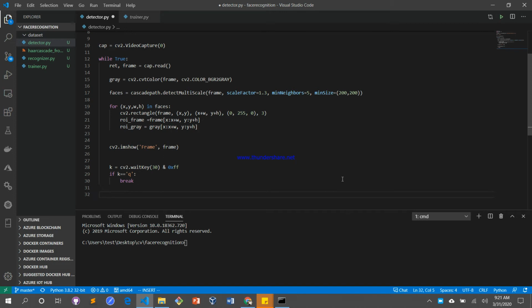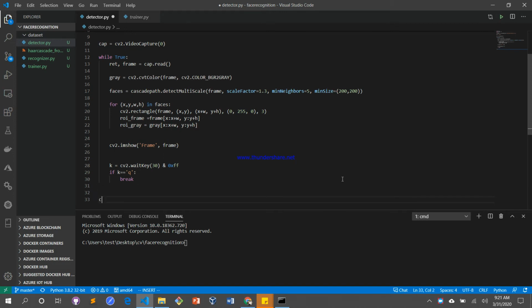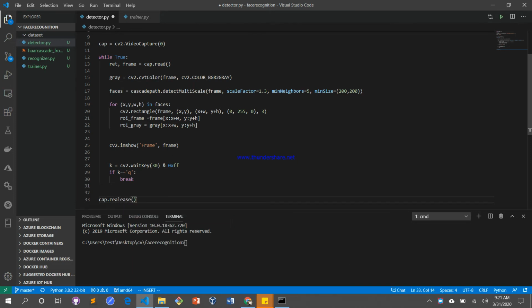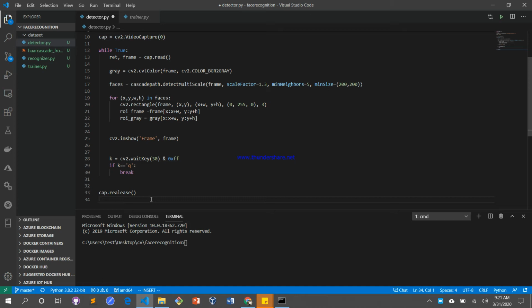Then we can now come and end, say cap.release. Now release the capture finally, meaning if we press any key it should cancel, then release the capture to remove the window. Then finally we are now going to destroy all windows. Right,